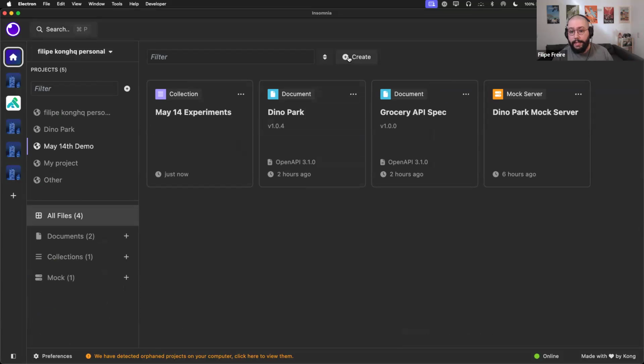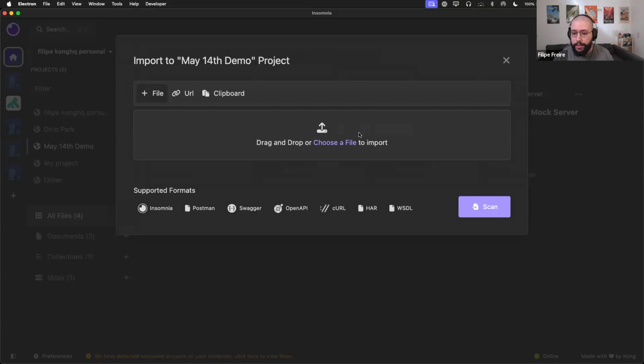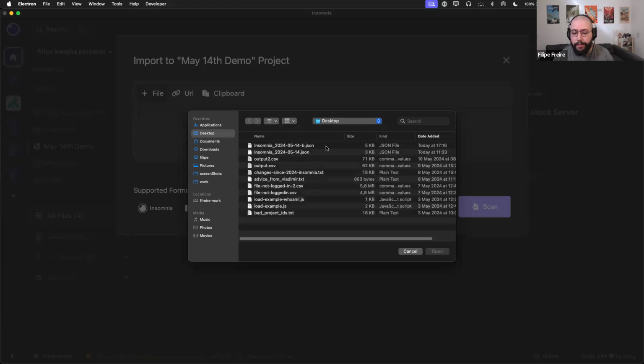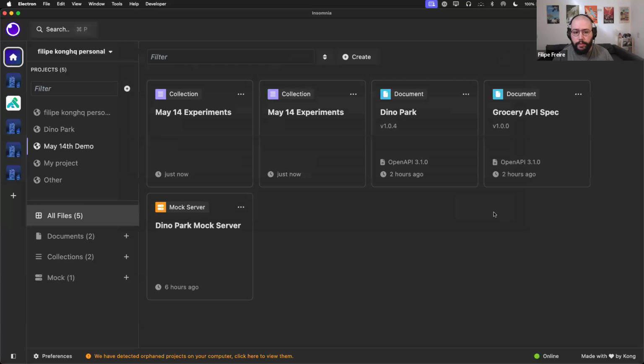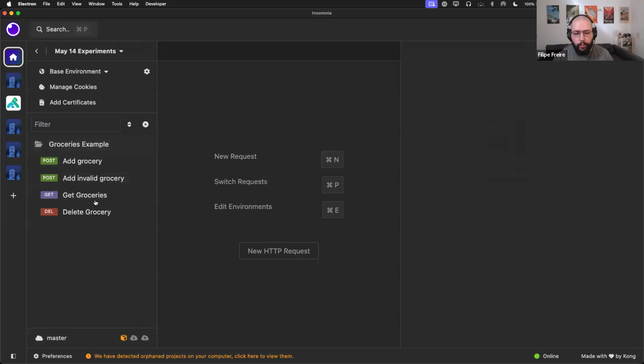All right. And they send us this file as an attachment, which we can import here. We can choose the file from the import, and there it is for us. Open it, scan. It has a handful of requests, which should be the ones that we decided to export just a minute ago. And notice I have here, like in this case, a duplicate